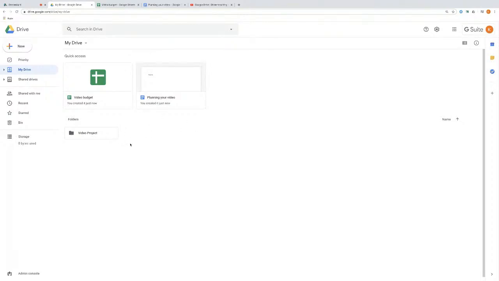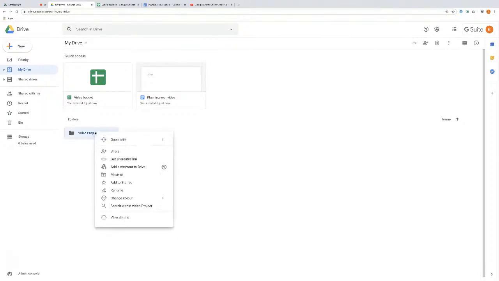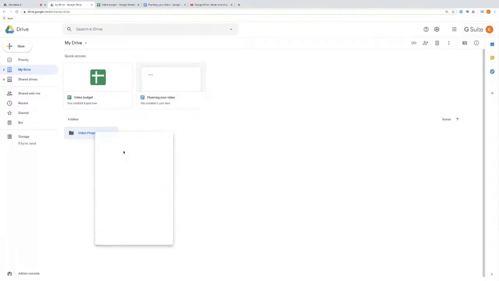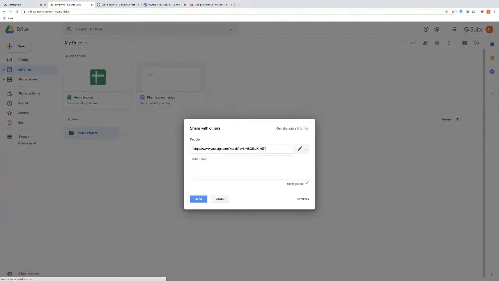What I can also do, in terms of working collaboratively on this, is share this folder. I can right-click, come down to share, and I'm not going to share that. I'm going to share it with Mia. And then I can set the restrictions on this, whether I allow Mia to organize, add, or edit, or just view only. But I want Mia to be able to edit all of the documents and everything within that folder. So anything that you set restrictions or permissions on in the top folder, it will filter all the way down for all of the files inside of that folder.